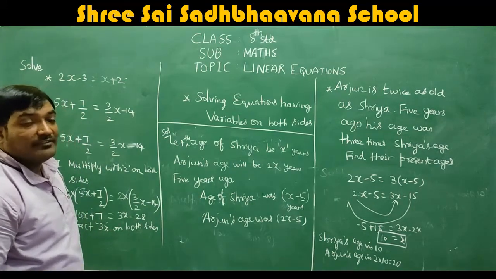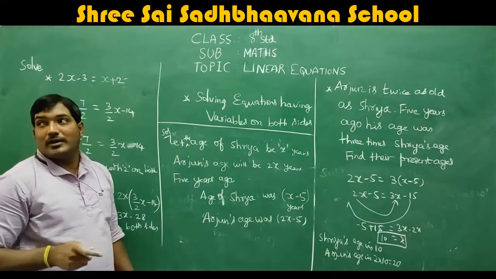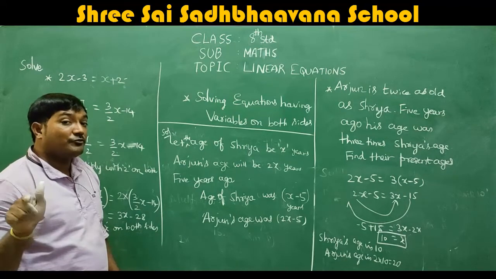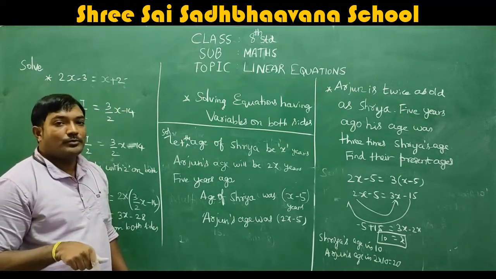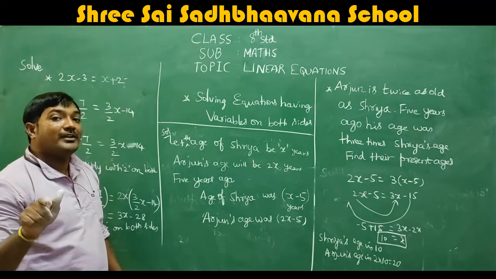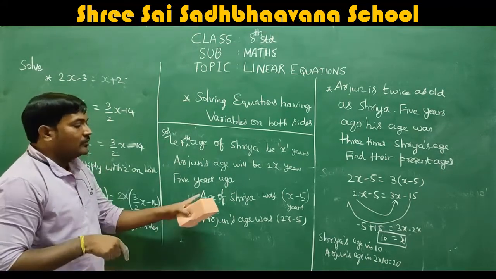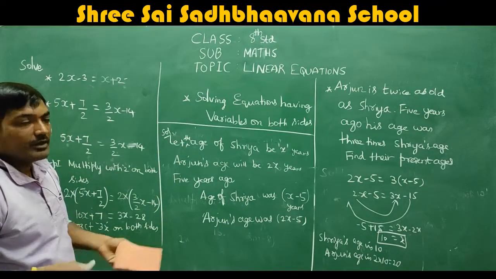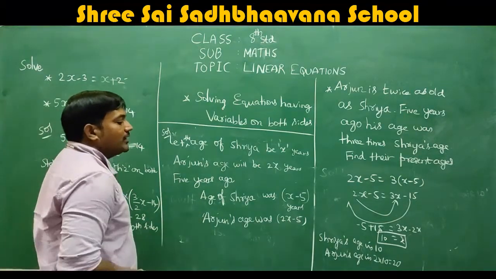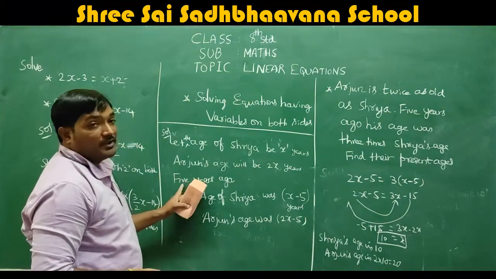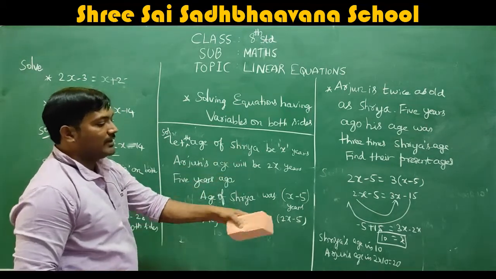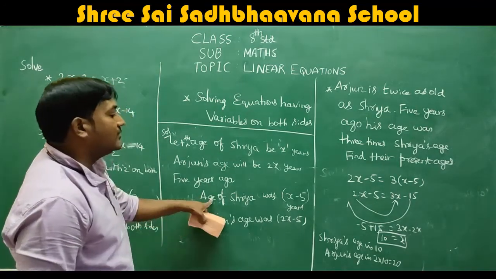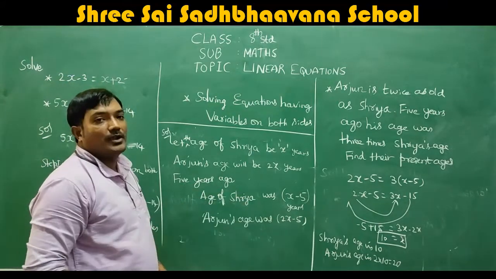So 5 years ago, what does it mean? For example, now it is 2020 and your age is 13. What is your age in 2015? You do 13 minus 5, which is 8. So in 2015, you were 8 years old. That's the reason that if Shriya's age is x years now, her age then was x minus 5, correct? We have to subtract 5. Arjun's age 5 years ago was 2x minus 5. Because if Arjun's age is 20, then 5 years ago his age was 15. Similarly, Shriya's age is reduced by 5 and Arjun's age is also reduced by 5.